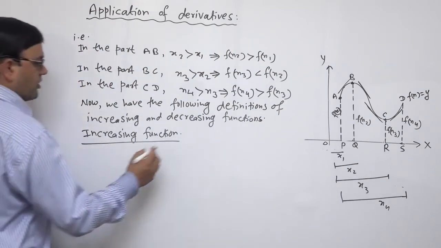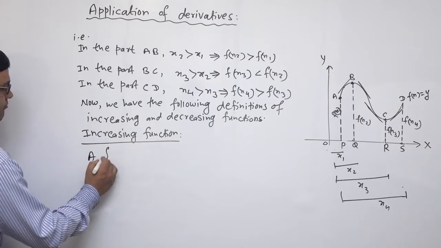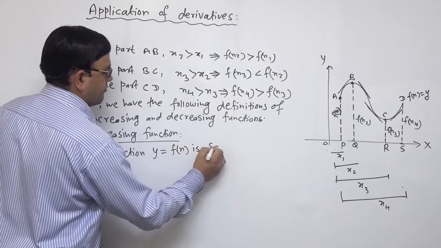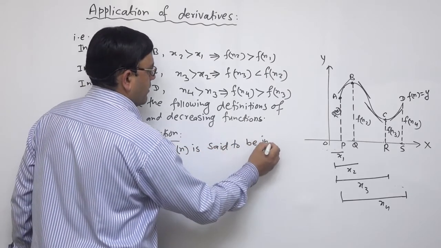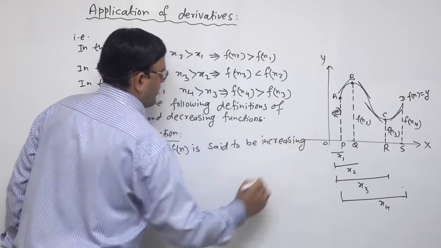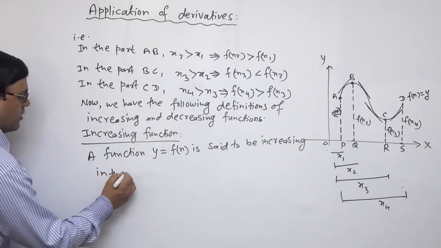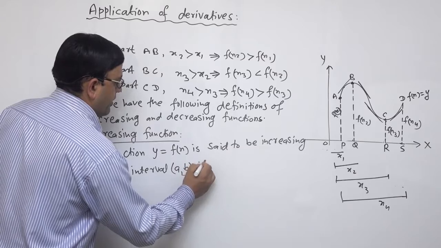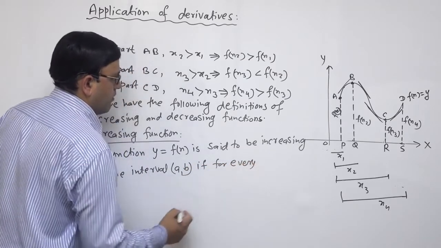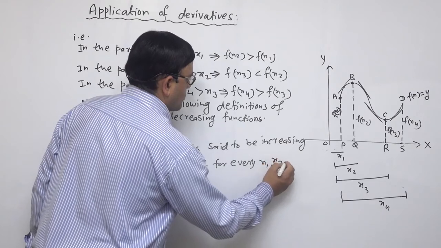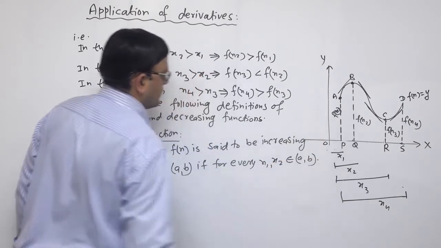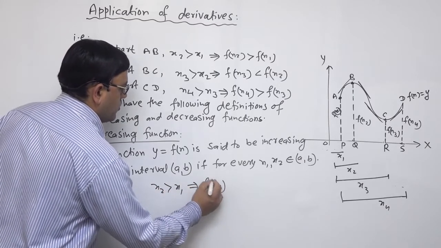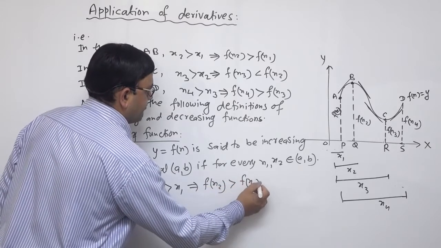अब increasing and decreasing function को बारेमा चर्चा गरौं। A function y is equals to fx is said to be increasing in the interval AB if for every x1 comma x2 belongs to AB, that is x2 greater than x1 implies fx2 is also greater than fx1, which shows